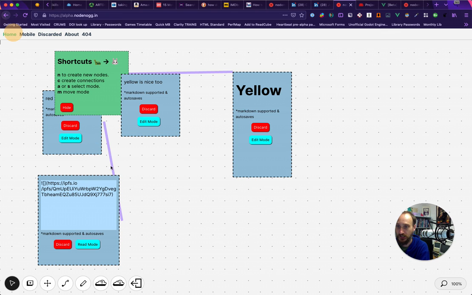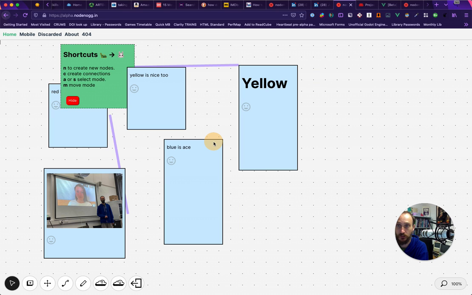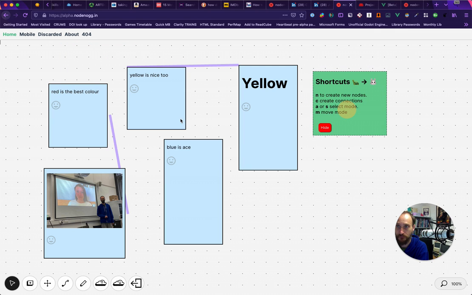Alright, so let's come out of here, and I'm going to join with a different name. And again, that's anonymous, so whatever you put in here, no one else sees. So I'm going to join October demo, which is what we called the microcosm before. Click create or rejoin. You can now see that I've rejoined that demo, but you can see that these nodes here,